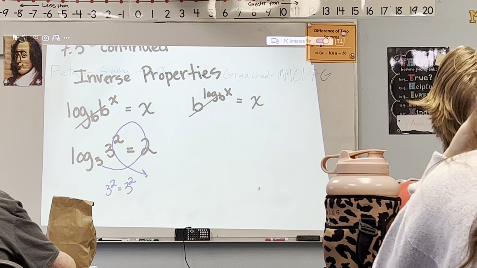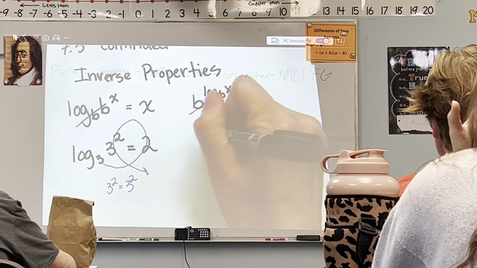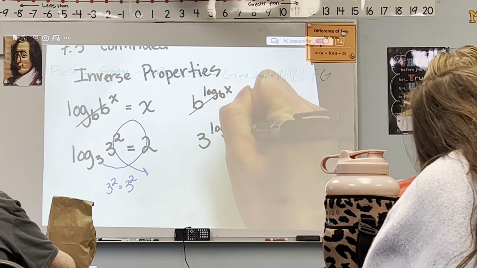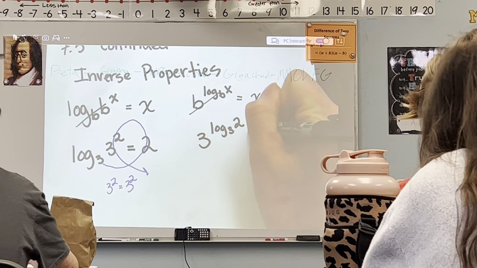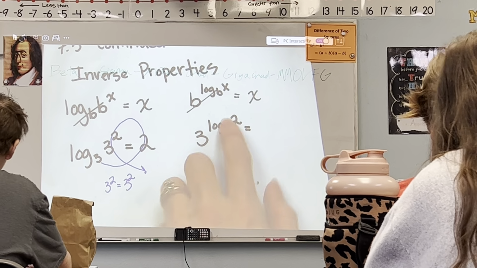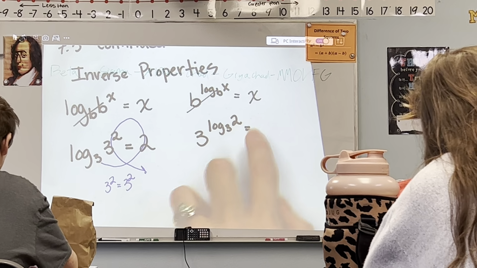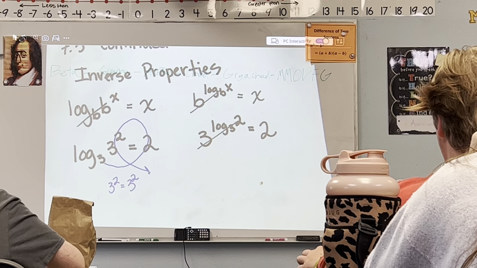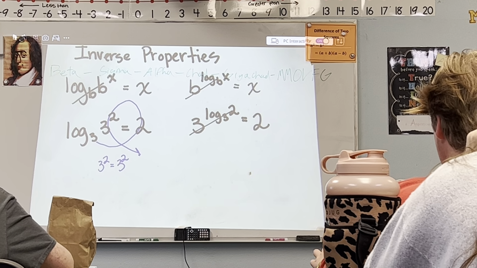Numbers, please. Okay, so I would say like 3 to the power of log base 3 of 2. Why is there a power of log? No, because it's just another way of writing it. This is all the exponents. We don't have to write it like this, right? These cancel. No, we don't have to write it like this. This is called rearranging, folks. No, I'm just saying if you see this,